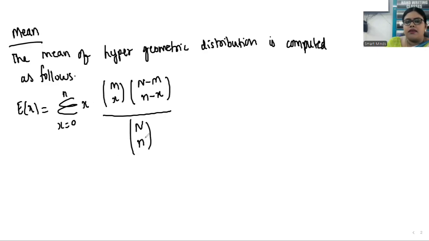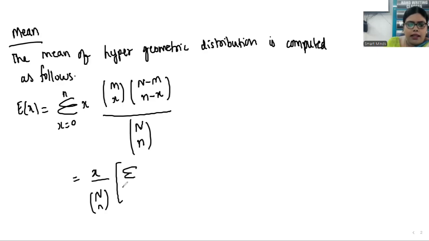So whenever it is given in brackets like this, up one element, down one element, that means it is a combination. That is if suppose you have capital N, small n, that means you are selecting small n items from capital N number of items. Okay. So that is